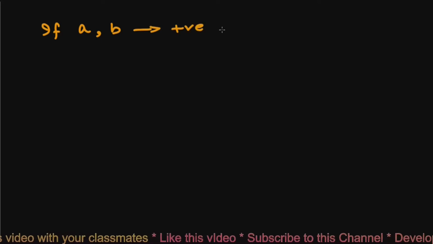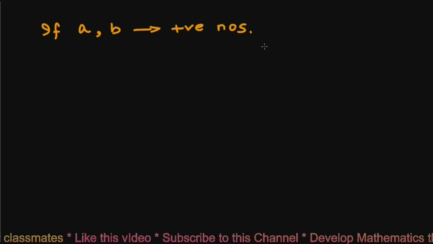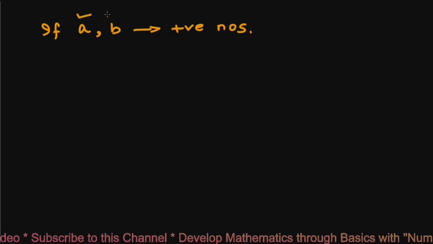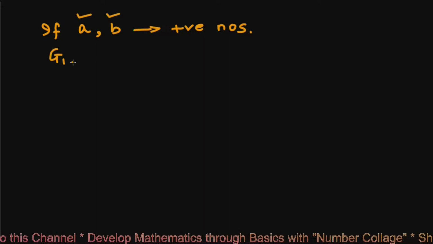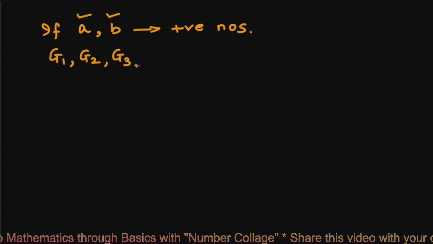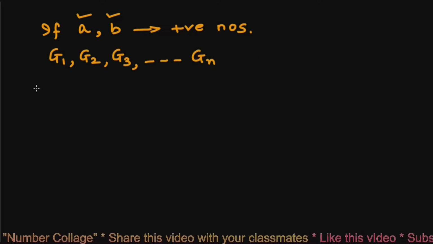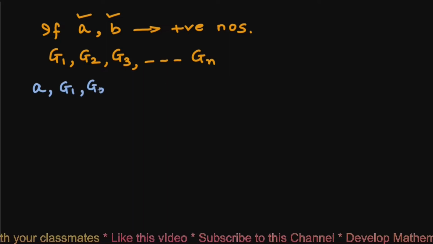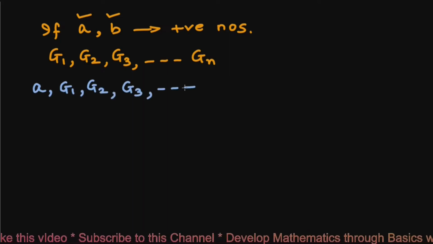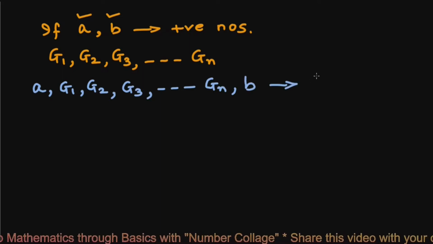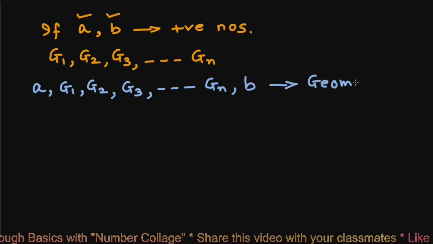If a and b are two positive numbers, then let us see how we can insert as many numbers as we like between a and b, such as g1, g2, g3, and so on up to gn, such that the sequence a, g1, g2, g3, and so on up to gn, and finally b becomes a geometric sequence and hence